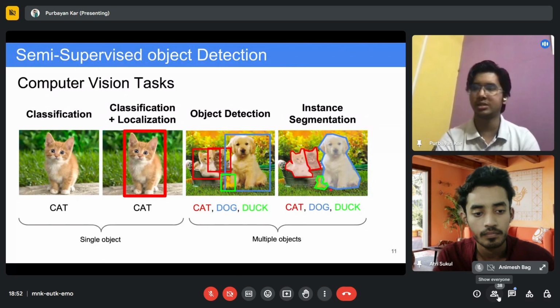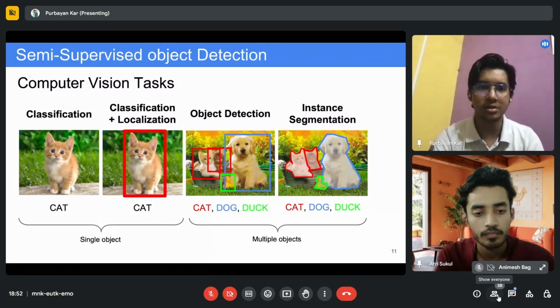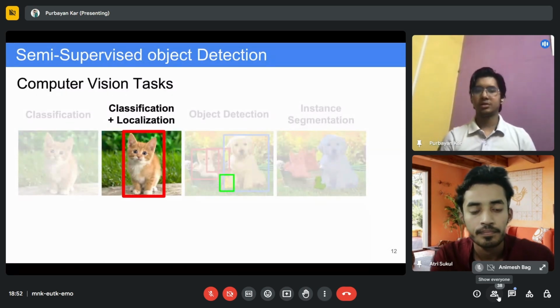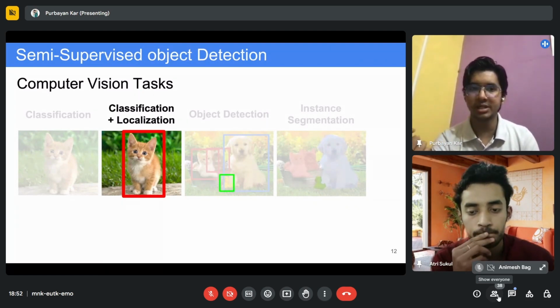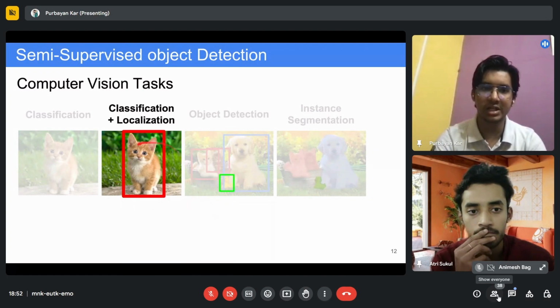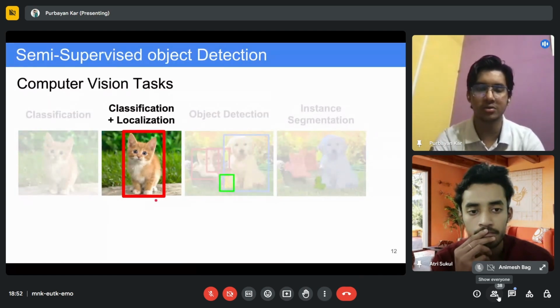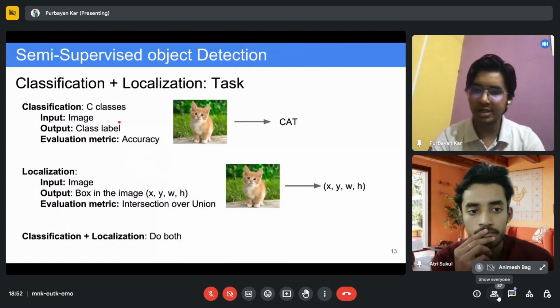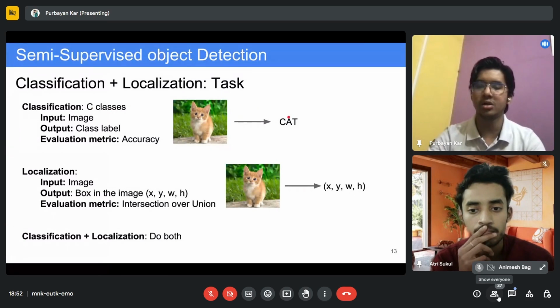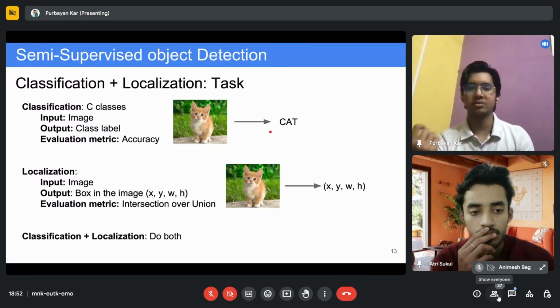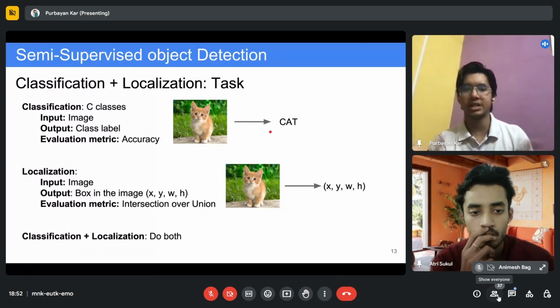Okay, I hope this is clear to all. But for this presentation, my motive is only to explain object detection. First, we will start with classification and localization and how you can do this. Classification is very simple. You have a number of classes, say cat, dog, horse, and you just have to predict whether it is a cat or not. You apply a model trained on corresponding data and predict whether this is a cat or not.